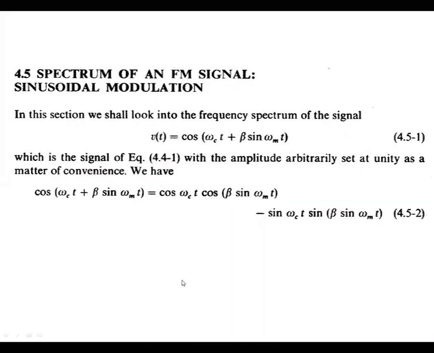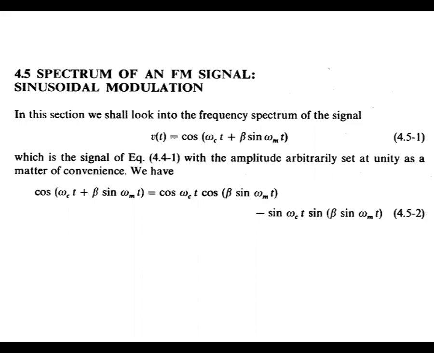Okay, students, you have to go for one more concept in frequency modulation: the spectrum of the FM signal. The spectrum of the FM signal means the bandwidth of the modulated FM signal. You know the AM bandwidth is 2 fm. In AM there is the carrier and also the upper sideband and lower sideband. Both together are called the spectrum of the AM. Likewise, you have to define the spectrum of FM.